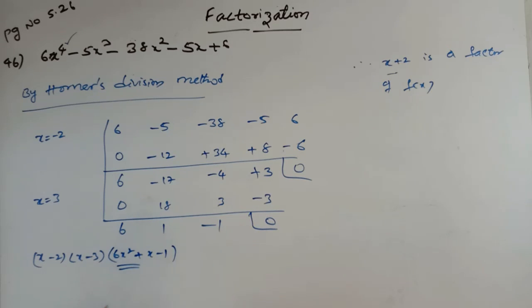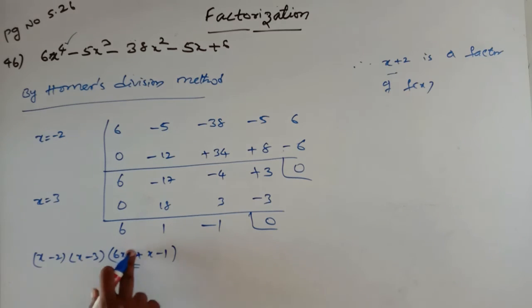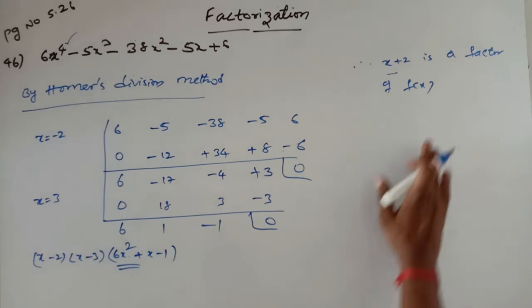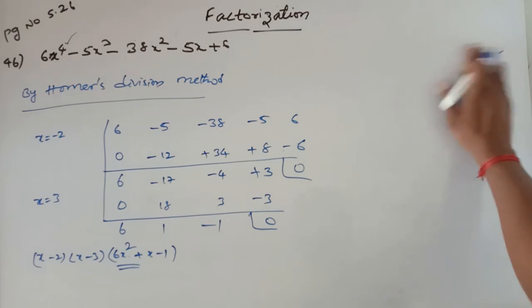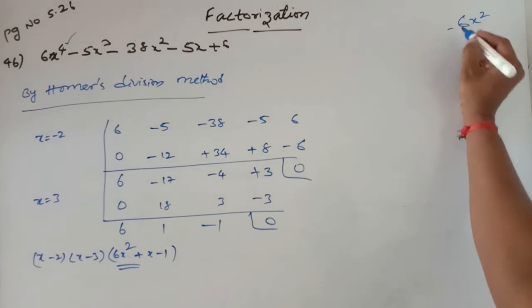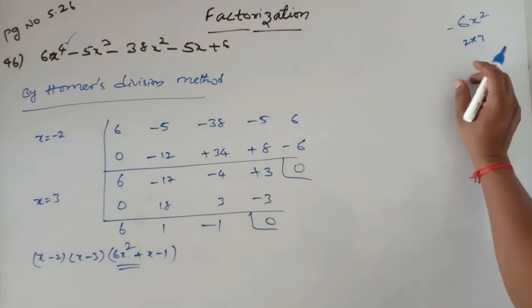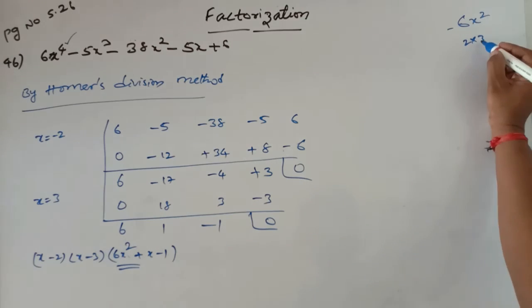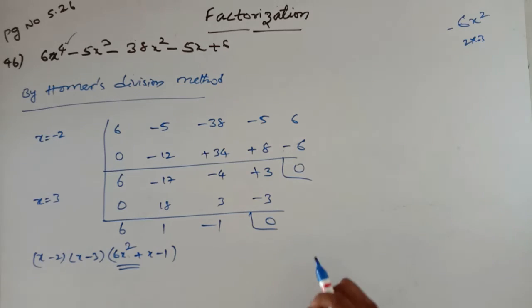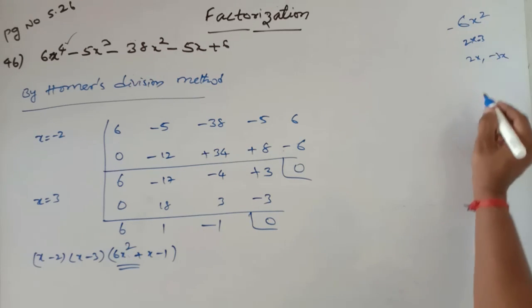Now for this I am going to factorize 6x square plus x minus 1. Again, the same way, I multiply the last term and the first term. Then I get 6x square, that is plus into minus is minus 6x square. Factors of 6 are 2 into 3. When adding and subtracting, I need to get the middle term. Here the middle term is plus, so I take minus for the greater one. So automatically 2x and minus 3x are the factors.